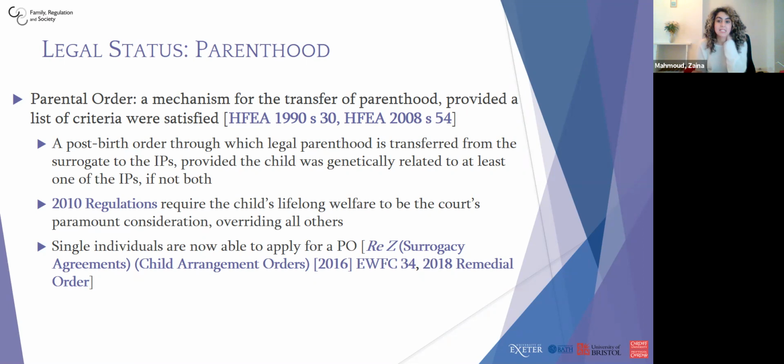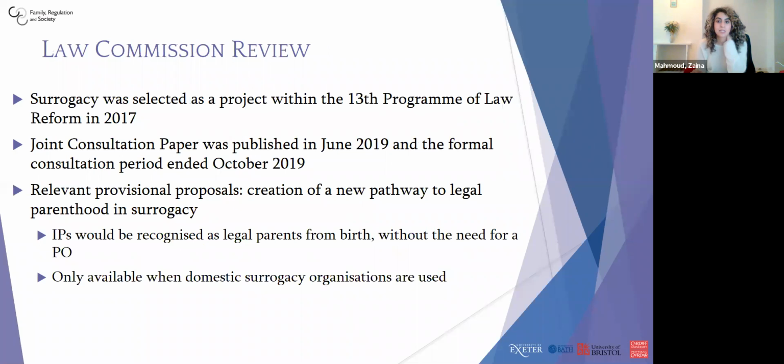on and arising as a project in the 13th program of law reform. The Scottish Law Commission accepted a reference from the minister to conduct the project jointly, and a joint consultation paper was published in June 2019. The full consultation period